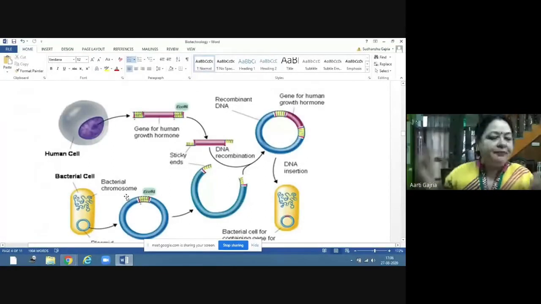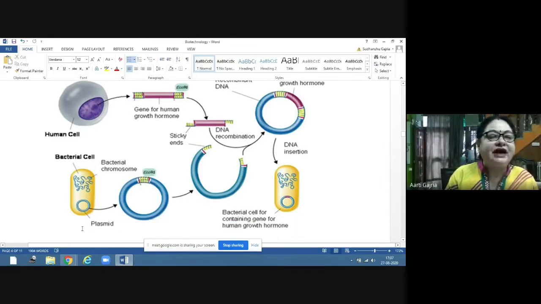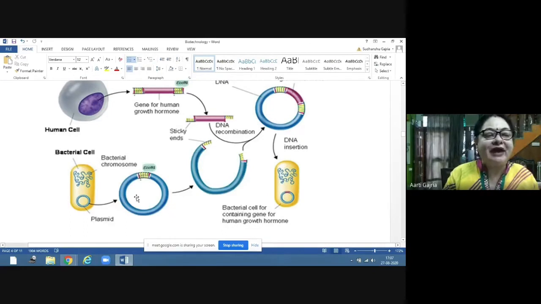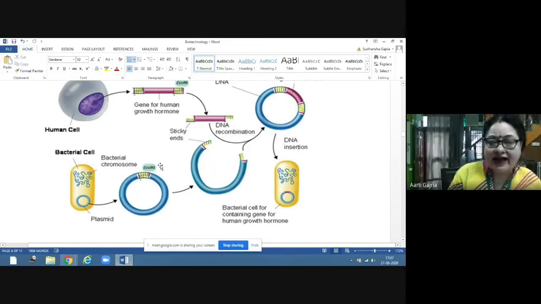This is the bacteria. Now this bacteria is having these bacterial chromosomes which are lying here. They don't have a nucleus. And this is the plasmid. This is extra chromosomal DNA, plasmid. Now this plasmid, what is done is, we will take this plasmid out. Now, when we take this plasmid out, with the help of Eco R1, Eco R1 is the restriction enzyme. So Eco R1, we will cut this plasmid.